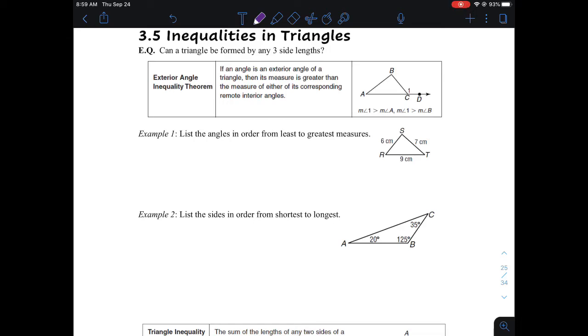Section 3.5 is inequalities in triangles. By the end of class, you should be able to answer: can a triangle be formed by any 3 side lengths? And if you were in class today, you would have been able to potentially get a piece